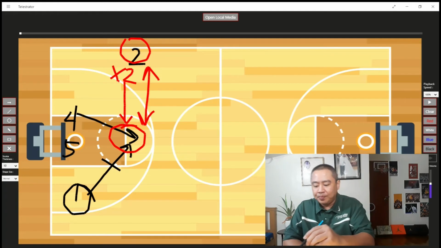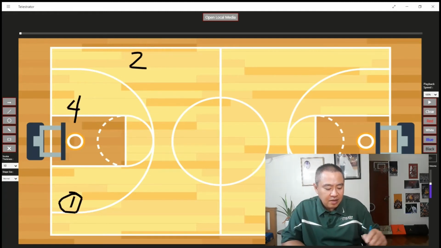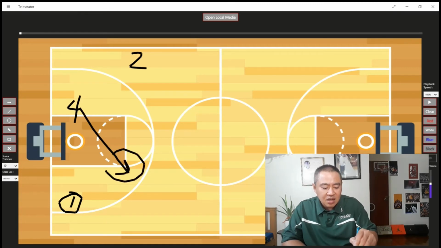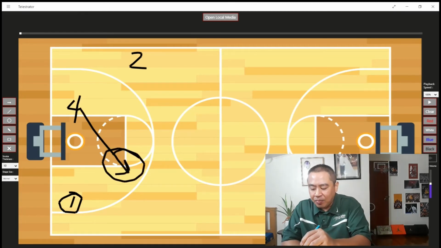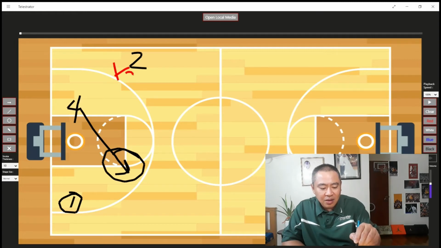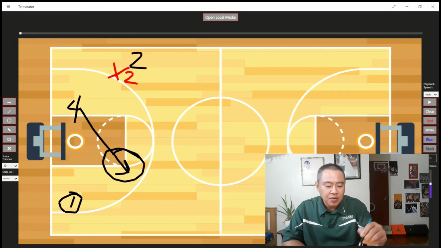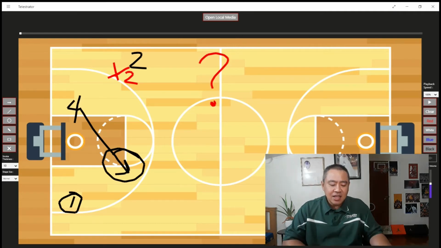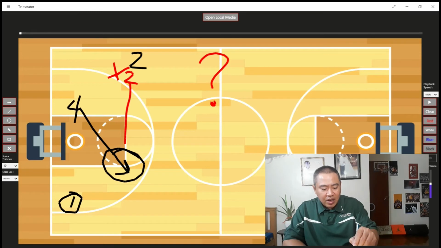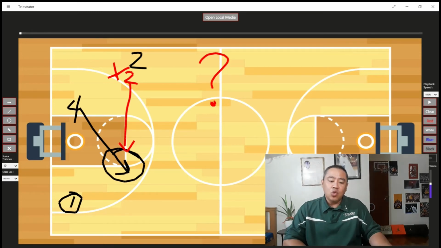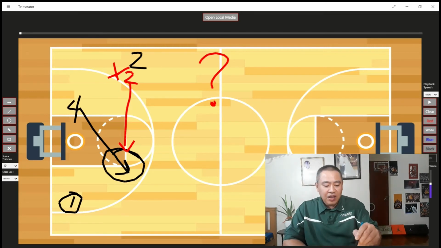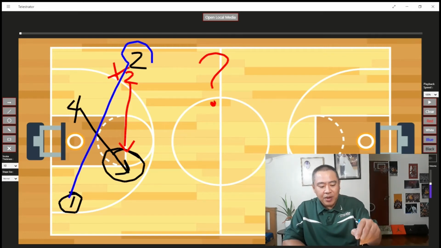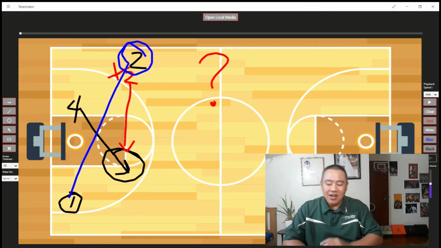Now, we want 4 to go to the ball side elbow. This is very important, and listen, because now the defender of 2, x2, has to make a decision. What is that decision? Does he go all the way here to mess up the reversal to 4? Therefore, if he goes there, this is open. Okay, now,